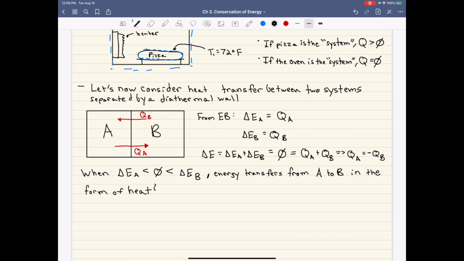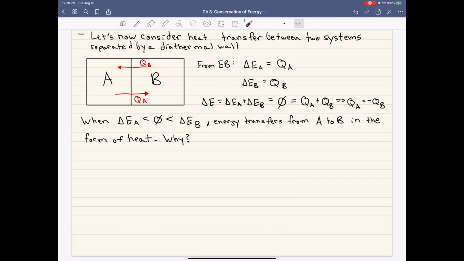Okay, so that's what we observe. But that brings up the question, why do we observe it in that order? Why do we observe energy transferring from compartment A to compartment B rather than the reverse? We never see the reverse situation occur. And so to get a better idea of why the energy is transferring from compartment A to compartment B, we